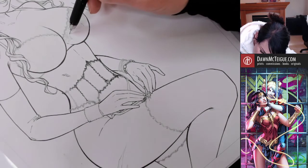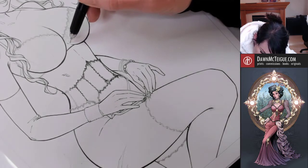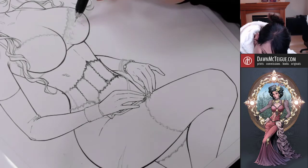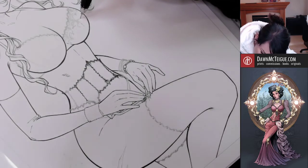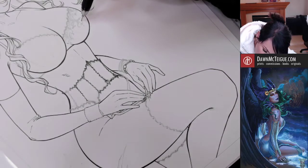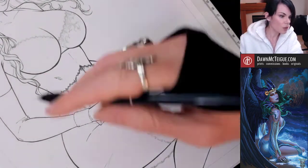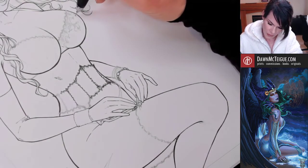We're just winging it and just doing some random little scroll work. Maybe I'll put some little leaves coming off from it. And random leaves coming off of there. And I think the main thing, I just don't want it to be too intense, too much detail to where it's just